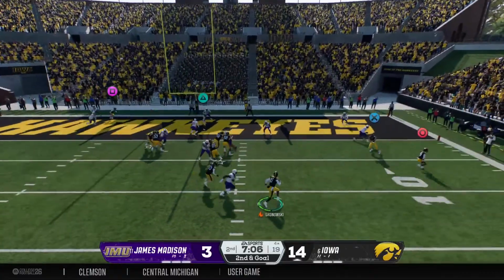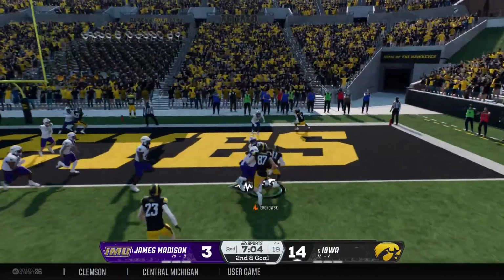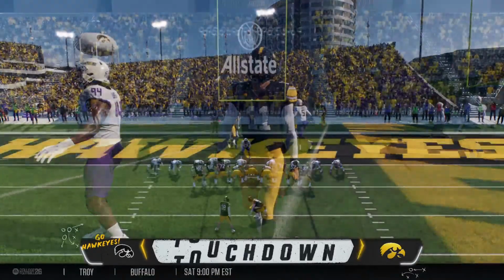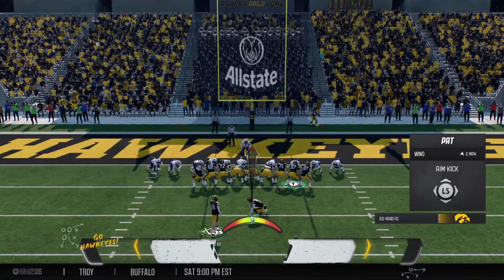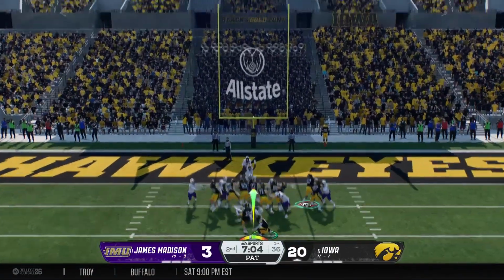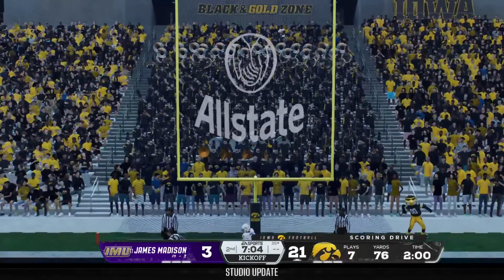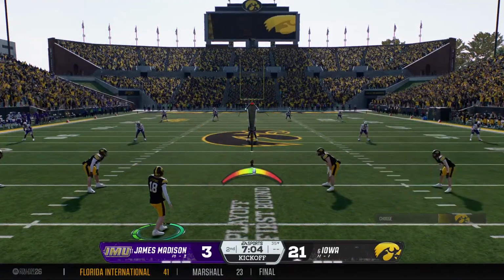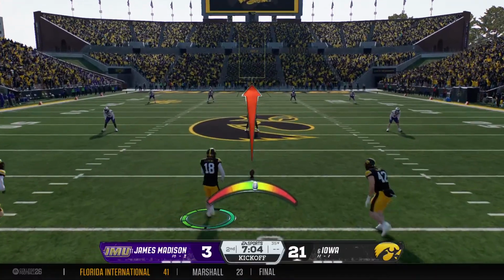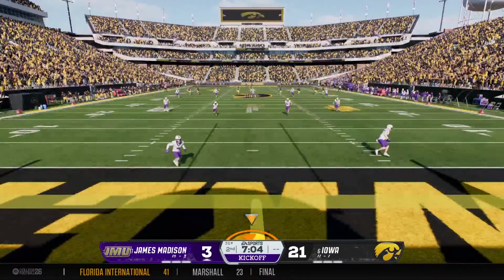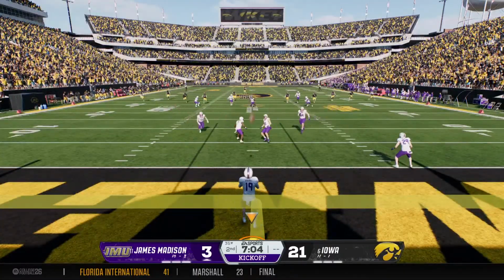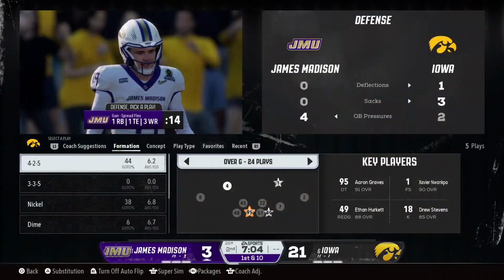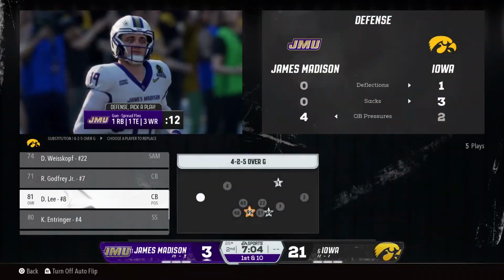It's a bootleg looking to throw. On the move now. And he could not be stopped. Touchdown, Hawkeyes. I think the dropback here really fools this defense at the goal line. Good call by the offensive coordinator to give the quarterback options. You can see the defense kind of on their heels, so the quarterback decided to take off, and he was just too quick to get to the goal line. So no return here. He takes it in the end zone, and they'll begin the drive at the 25.